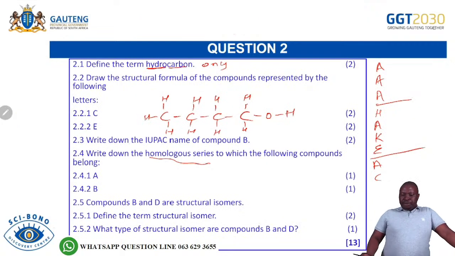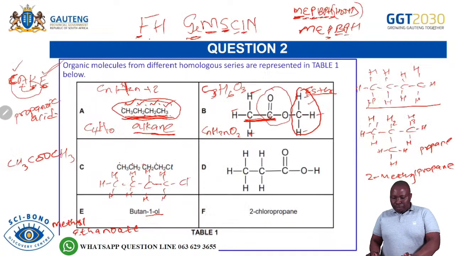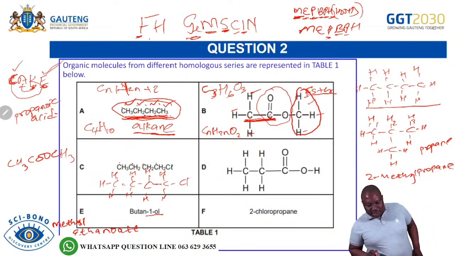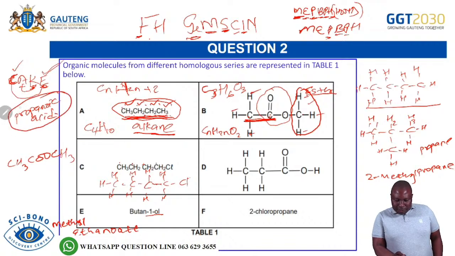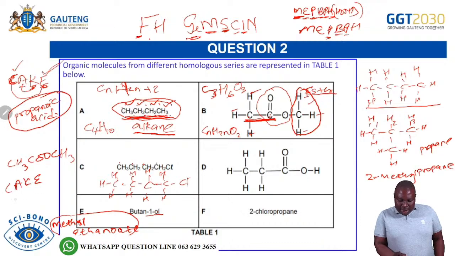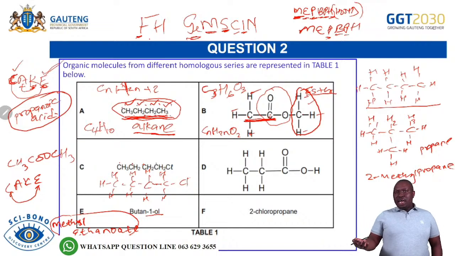Now, compounds B and D are structural isomers. So they are telling you now that we have structural isomers between compound B and D. Oh, yes. Remember when I was talking about propanoic acid and our ester there, which we said is methyl ethanoate. Remember we said the carboxylic acid and esters are functional isomers. So definitely the question would be, what type of isomers are these? Define them and all that. Then you are able to enjoy your question.